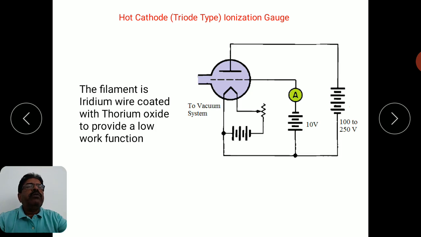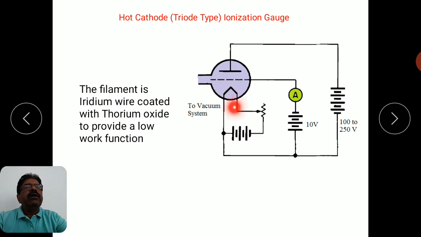So the electron will not be attracted to this third electrode, because it is negatively biased. You can see here only the ions that are generated in the process of collision will be attracted and they will flow in this particular path. And you can connect a current meter here, so that will constitute a current, and this current will directly indicate the pressure level. You can calibrate it for the measurement of pressure level, and this triode type of gauge is connected to the vacuum system.